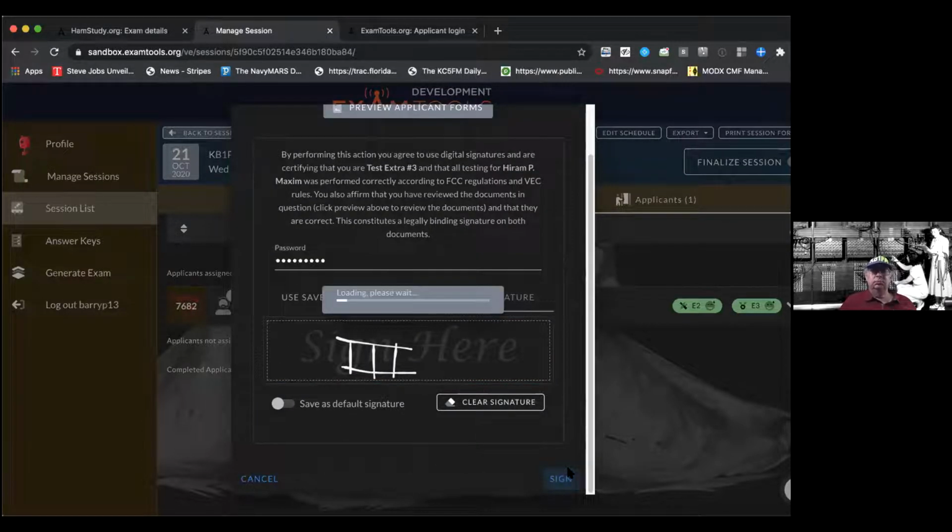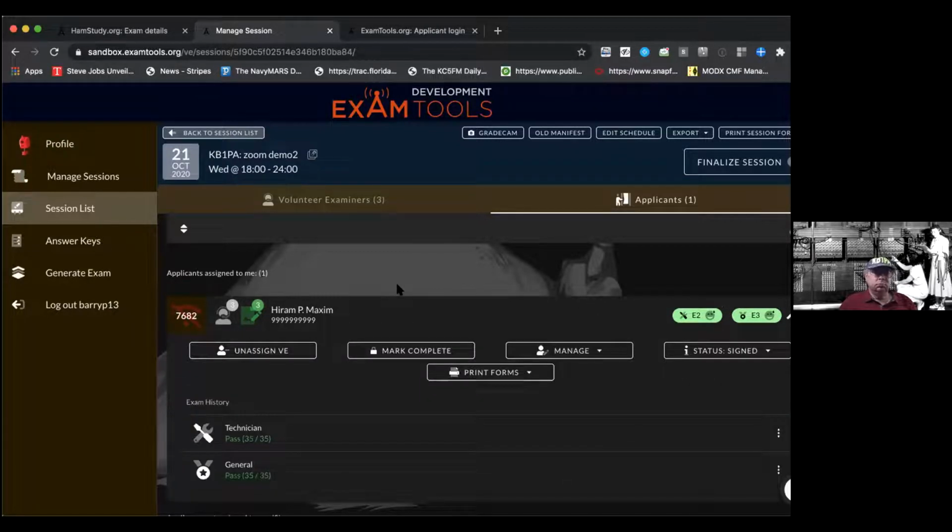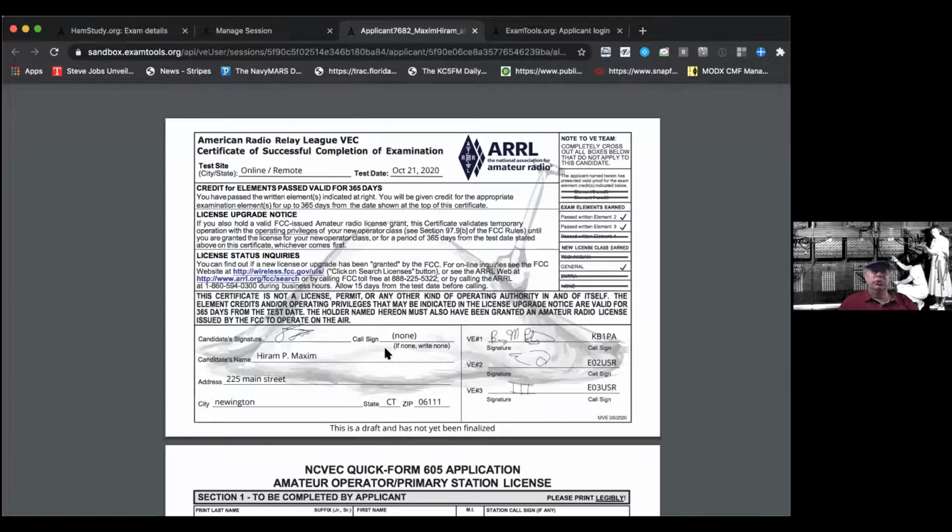Sign. Now all 3 VEs have signed the paperwork. Back to here. And we can look at the forms. And if you wanted to from here, you could print the forms, but this is an ARRL CSCE, and it's